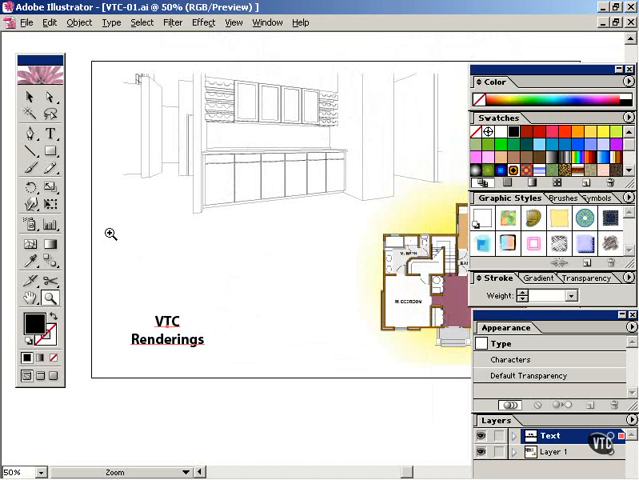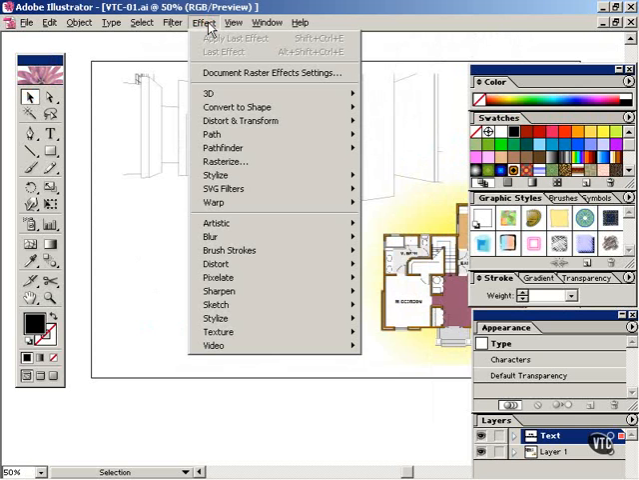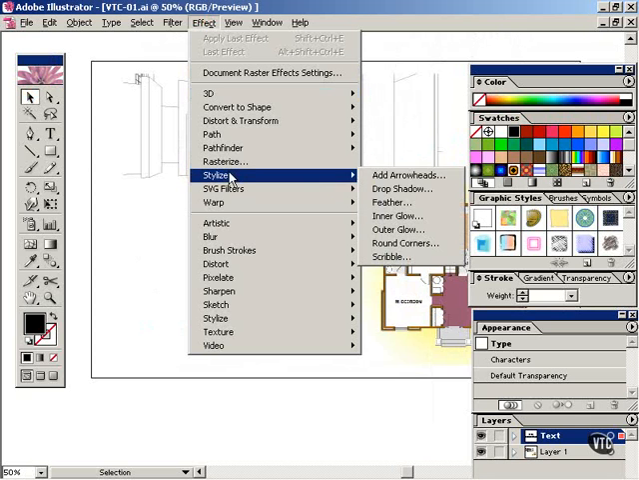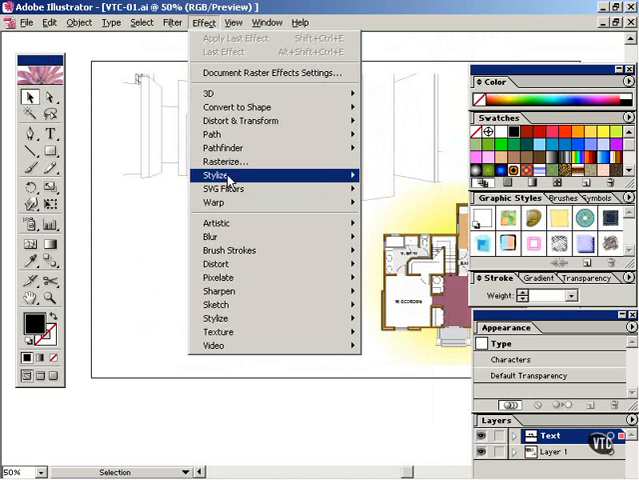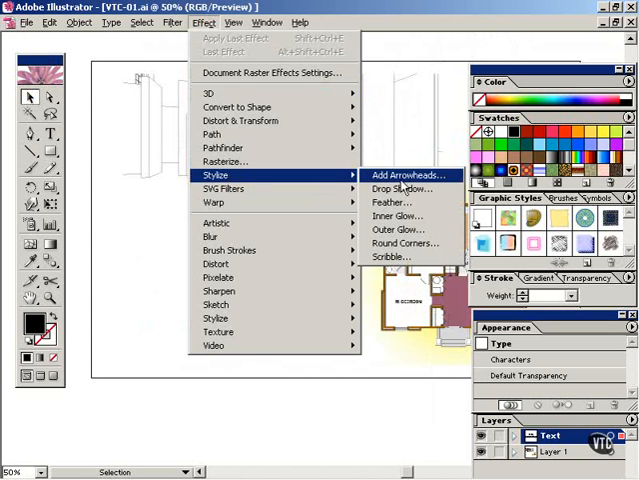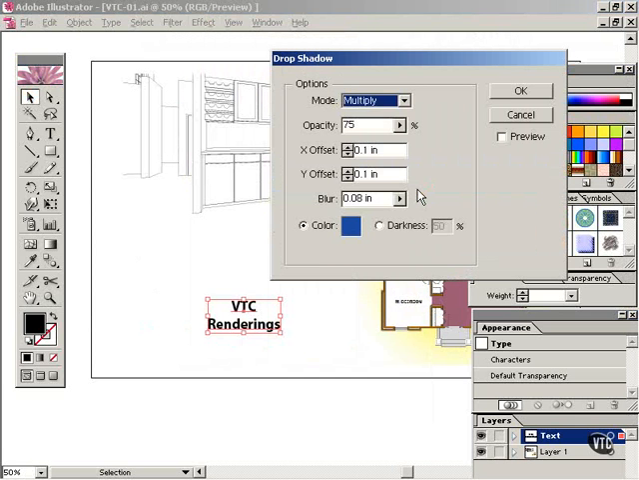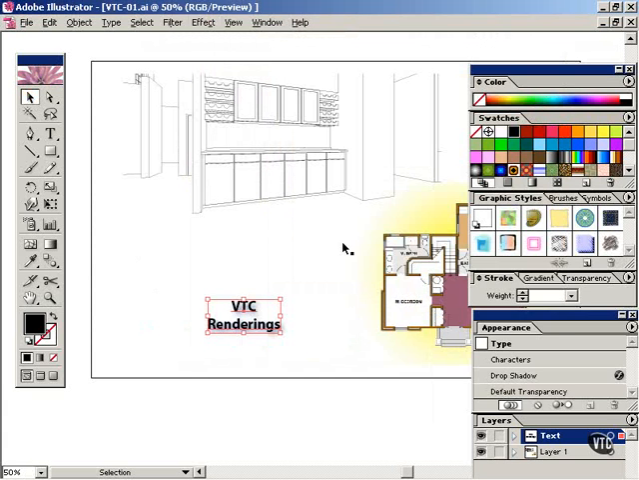Zooming in, I'll take that text, place it here, go to Effects, under Stylize, select Drop Shadow, preview the drop shadow, looks fine, selecting OK,